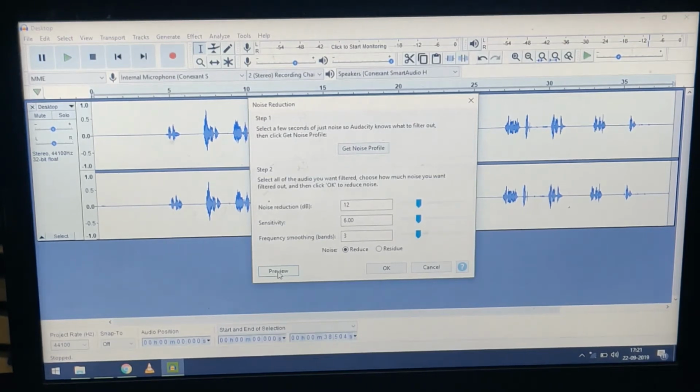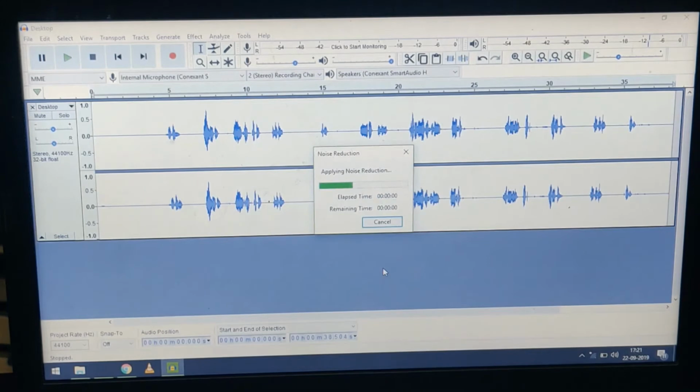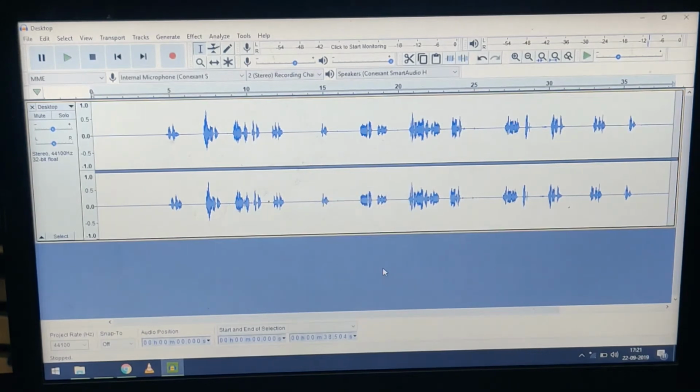So we will see how it is. Now just click OK. Don't do anything. Since this audio has a very short duration, it got filtered very fast. Now just click on play. Let's see whether that audio got reduced or not.